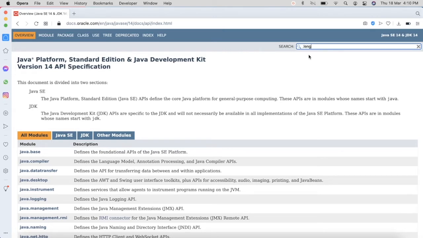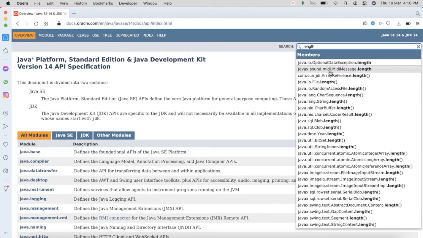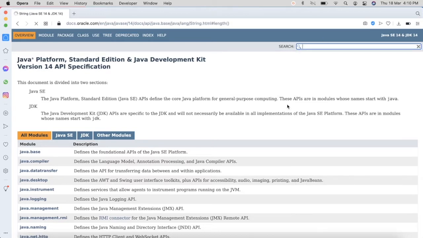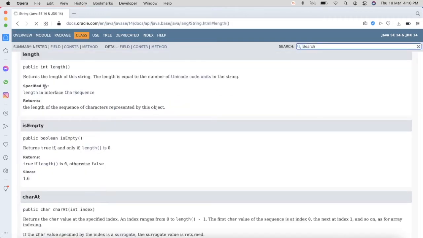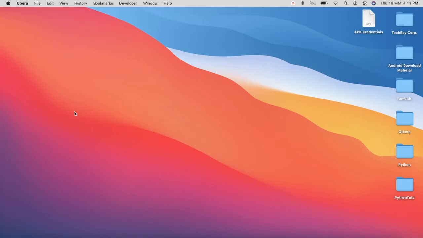So I can search for .length and I've gotten this, java.lang.String.length, and now I am somewhere here. It's showing me it returns the length of this string. The length is equal to the number of Unicode code units in the string. So right like this, I can search for anything and know anything about anything in Java.